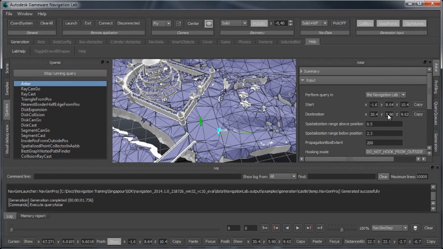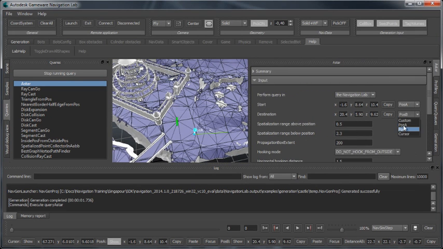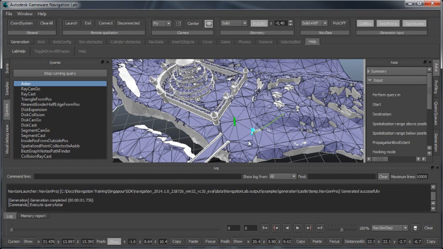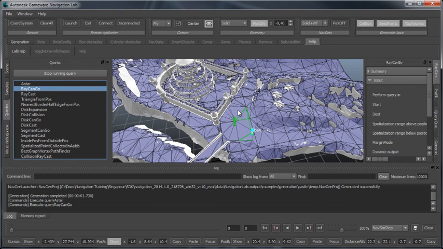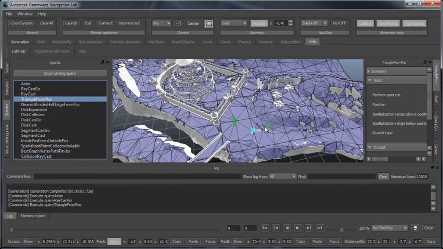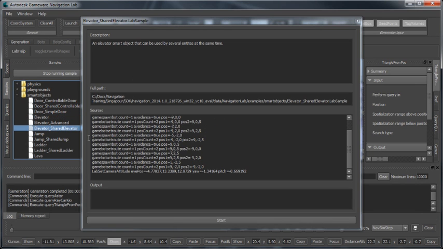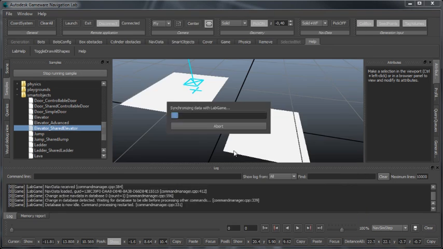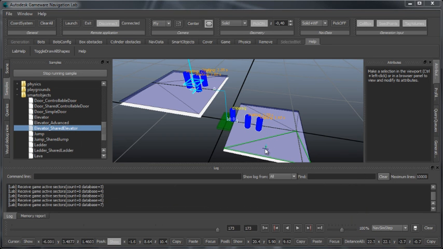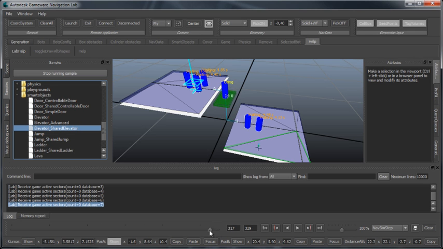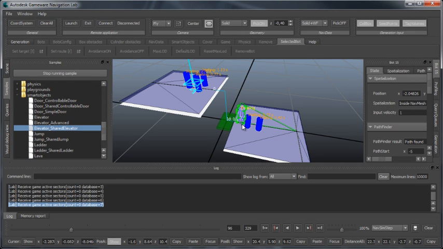Could go there. An A star, or ray can go, or triangle from position to retrieve triangle from a given position, and it will allow you to visual debug your own game. So for example, if you have coded an elevator in your game, it will look like this, and you will be able to go back in time and select characters,